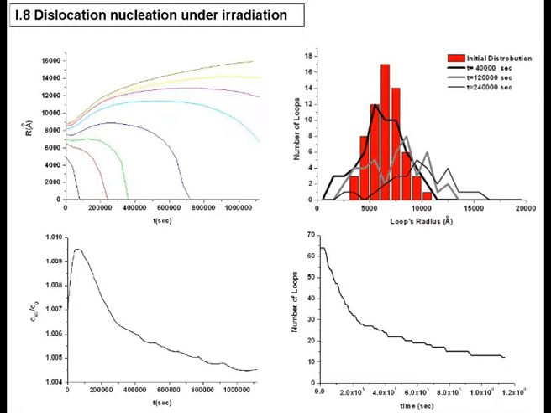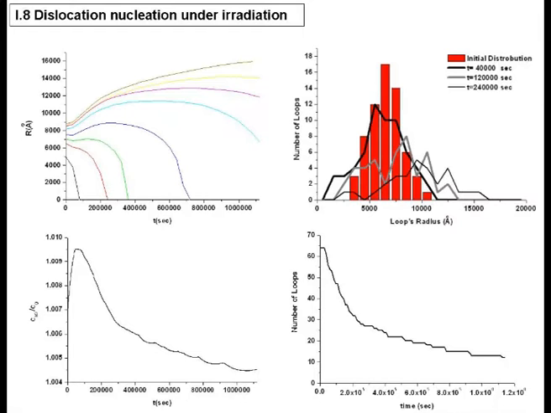It's not like a glide. Dislocation glide is very fast. It takes a microsecond for a dislocation to fly at several thousands of meters per second maximum. So it's very fast. But climbing is very slow. It's a very, very slow process. So the time here is very big. So here it was a pure climb simulation. There was no glide allowed in the simulation.